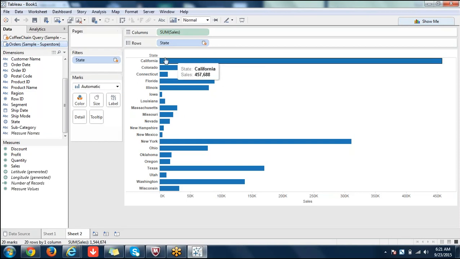Here, if I remove null values, only these are the states which are present in coffee chain, and only those matching records are pulled from Superstore also. Though Superstore is primary, now we have removed null values. It has become similar to inner join, that means only matching records from both data sources. Similar to inner join, but it's not inner join. It's not a join, it's a blending. This is how you achieve it.